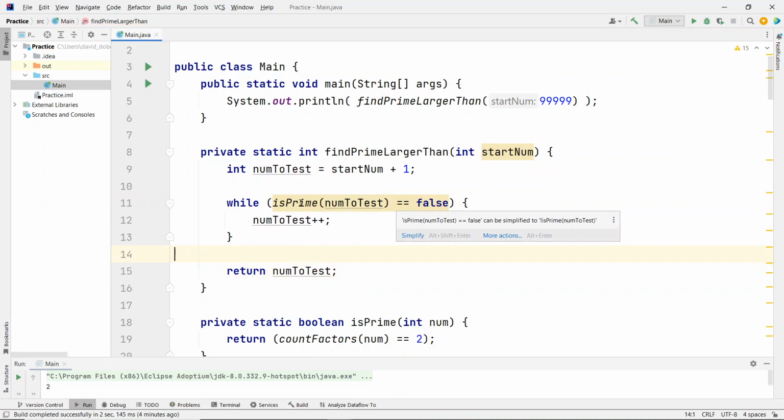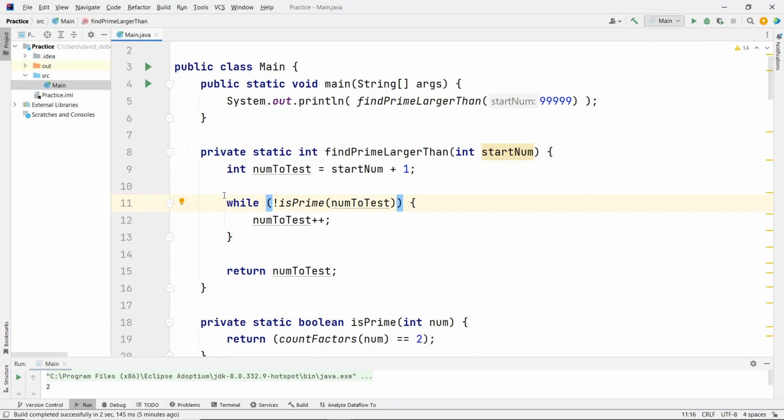Most programmers don't write if this equals false. What they do is they write bang right before it. The exclamation mark is called bang. So we'll say if it's not the case that it is prime. So if it's not true that it's prime, increment it, keep doing that in the loop, and eventually we find it. Let's see what